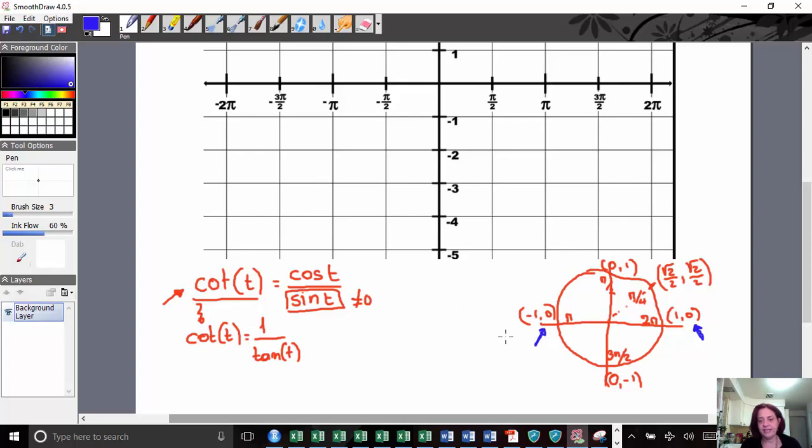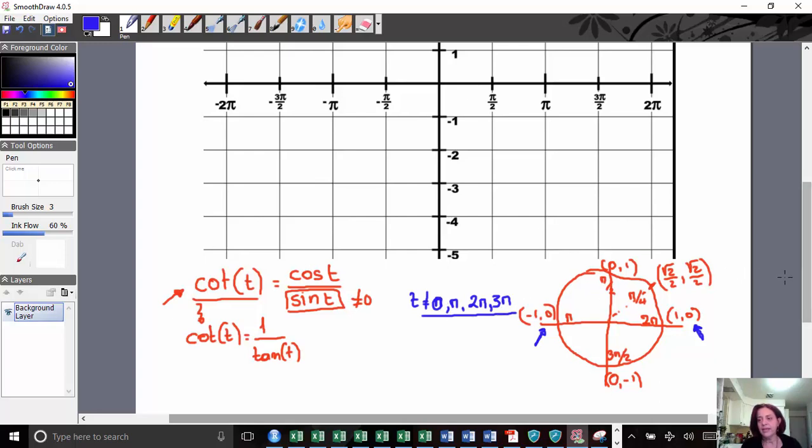This means that since the sine of t should not be equal to 0, the angle t should not be equal to 0 first of all, pi, 2 pi, 3 pi, and so on. So these are angle measures, points on the t-axis, that should not be included in the